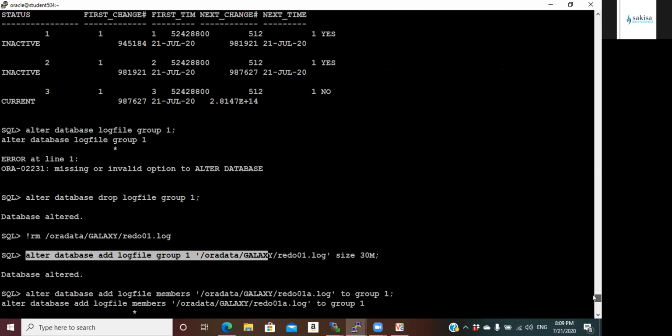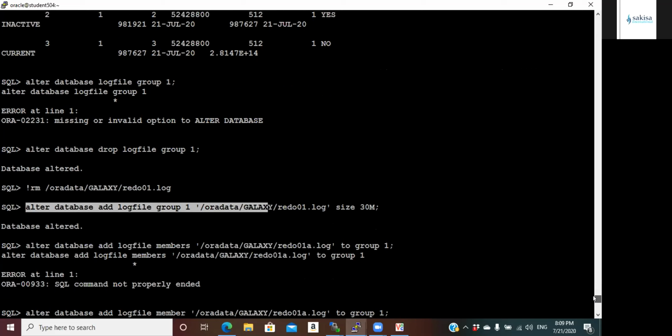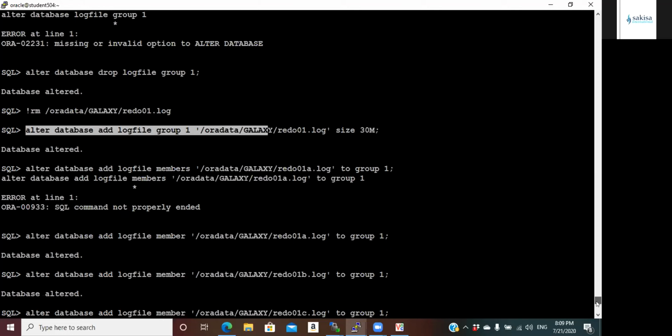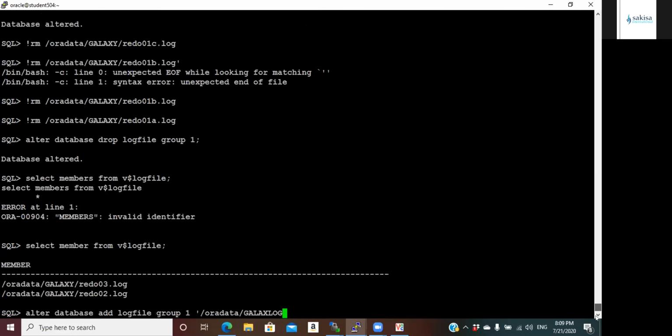What was that command again? When you want to recover redo log files, when you deleted them and lost them, it is alter database add log file member. Alter database add log file member. What are we talking about? Since she deleted it physically, you just want her to add it physically again, right? No, that's not what I mean. Never mind, actually, it's fine.